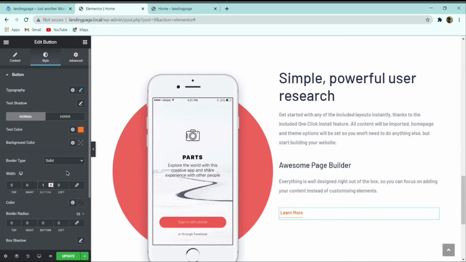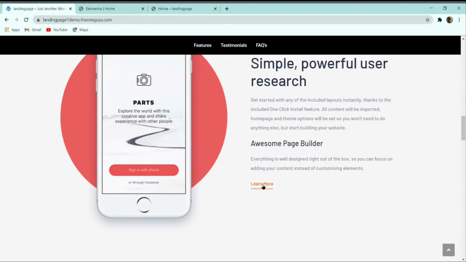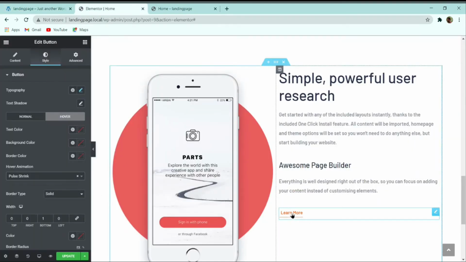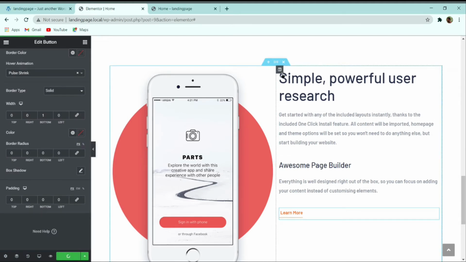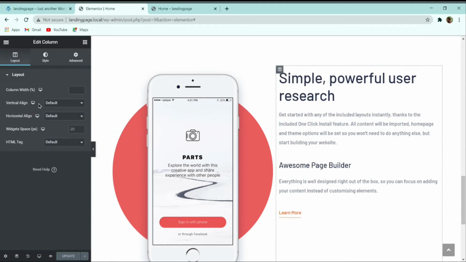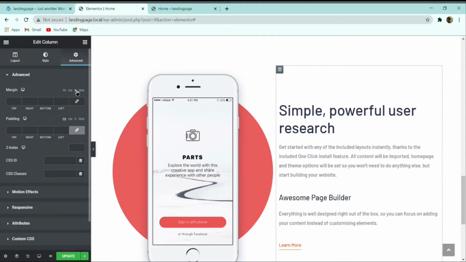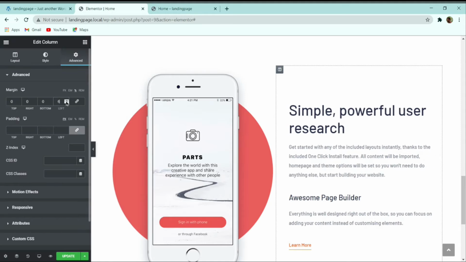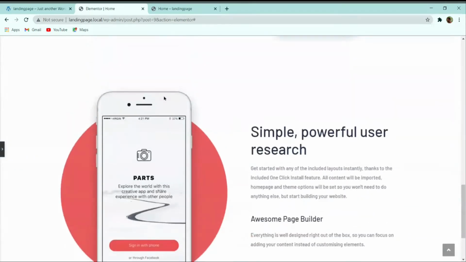So let me make it to one, and then what I will do, here in this hover section, here in this hover animation, you can also make it animated. As you can see that when I am hovering over it, there is an animation. So with this one also I can make some animation. So now go to this column setting, and then make the alignment to middle, and then go to the advanced, unlink this, and then give a left 10 percentage. I think with this one is created.